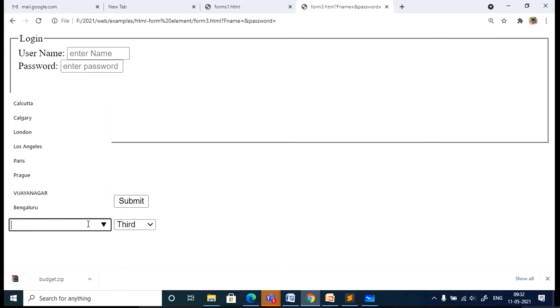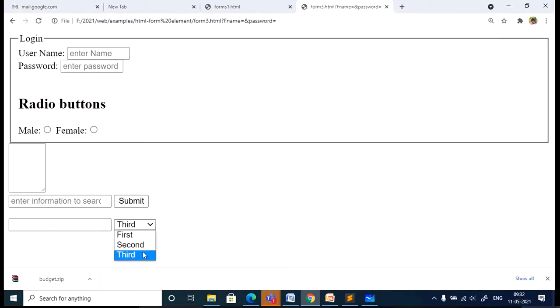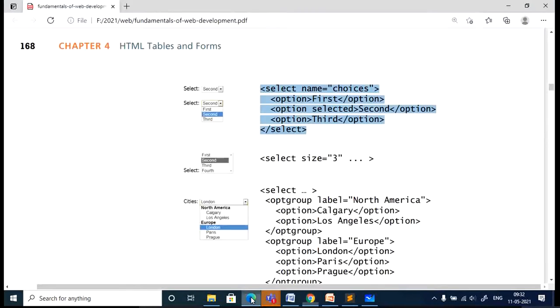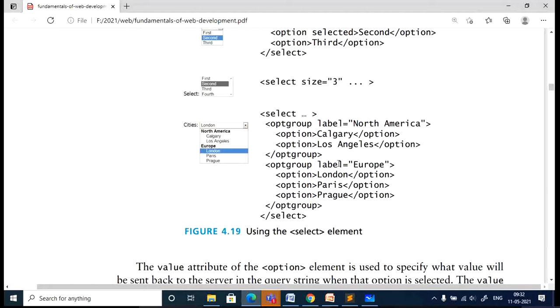Okay, it is not the same as this text area. Text box is different, and this is a drop down list. So now what are the other options we can specify? You can specify the size as an attribute, size to 3 or whatever you want. Okay, however many elements you want to show, accordingly you can specify the size of the list.